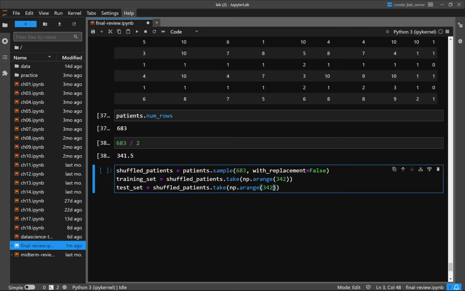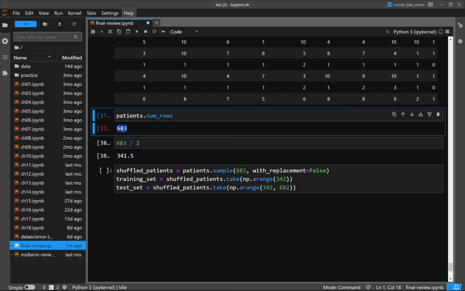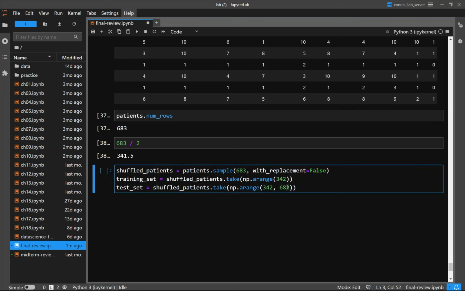So start at 342 and then take onwards to index 682, right? Because it goes from 0 to 682. It always starts at 0, so it's one off. But if I said 683 here, that's what I want. So that will give me everybody else. All right, so there's my training set, there's my test set, and